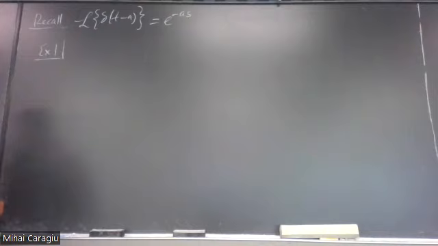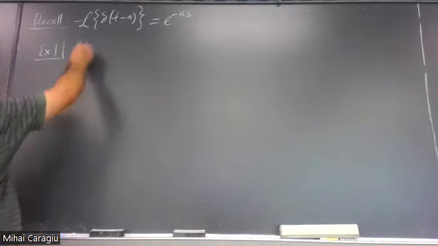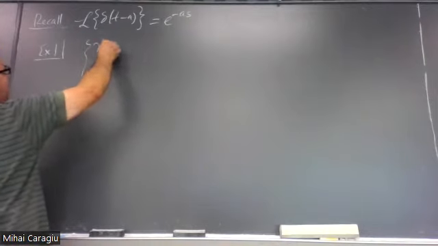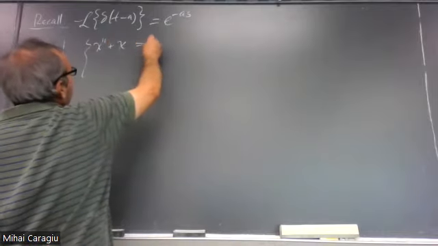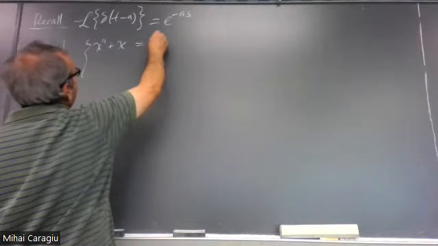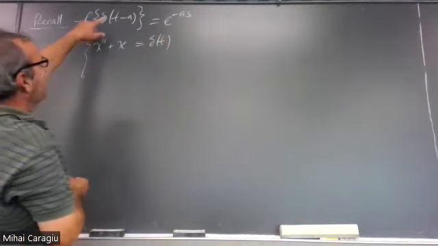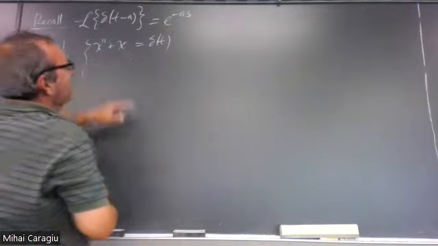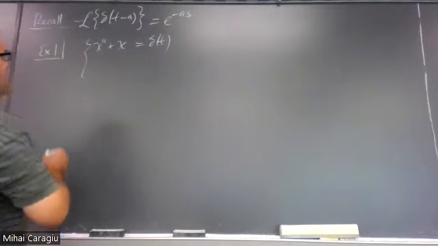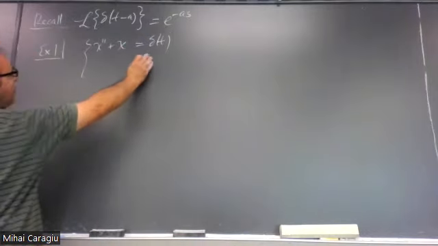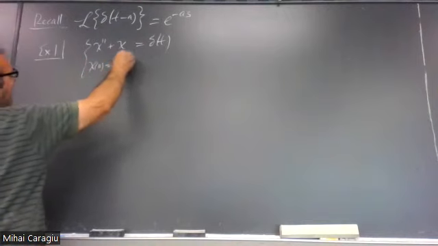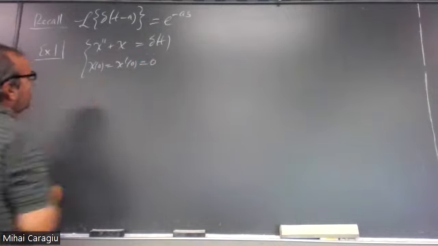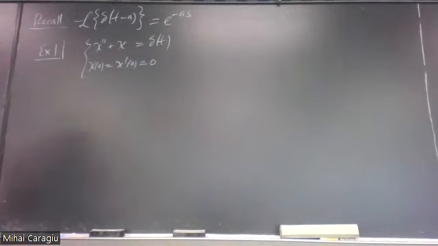Exercise 1. All of them are initial value problems. x second plus x, this is our standard oscillator, equals, we apply the delta function right away, delta of t, as in delta of t minus 0. And then, for simplicity, let's put both initial conditions 0. So x of 0 equals x prime of 0 equals 0. That's the first initial value problem we do here with